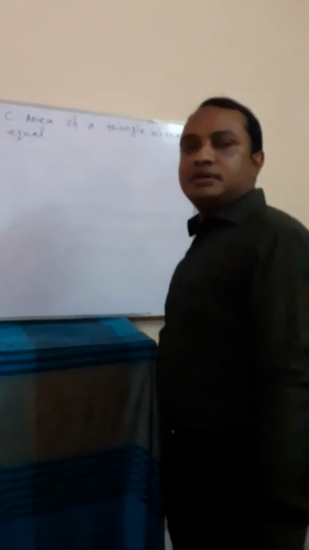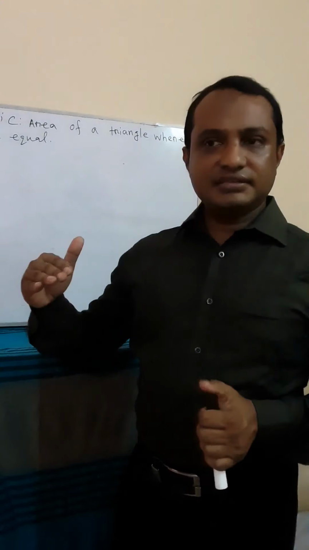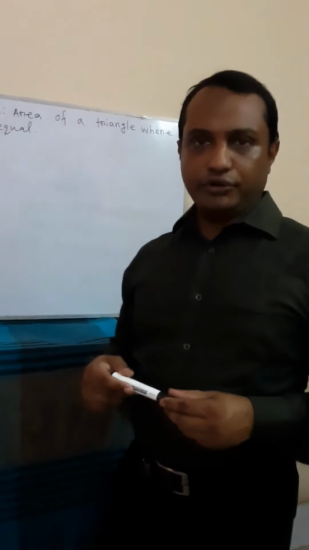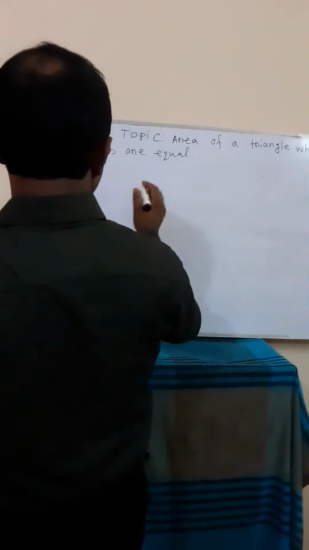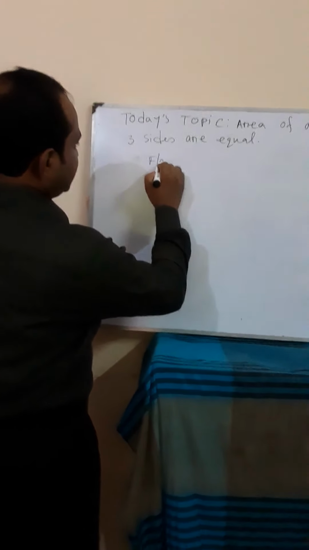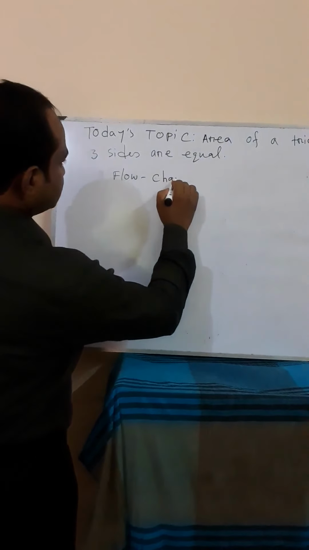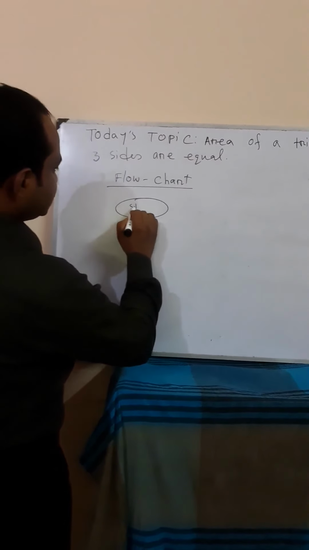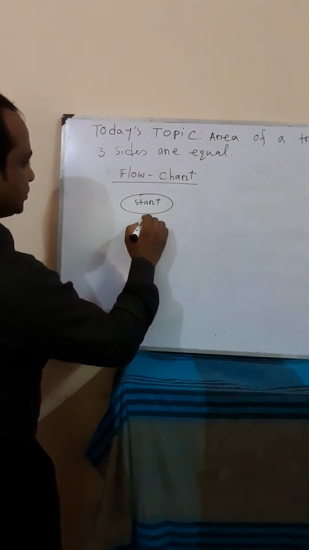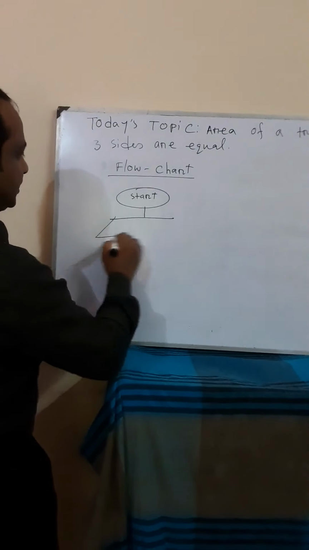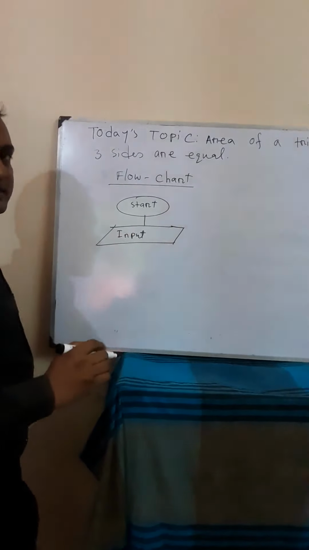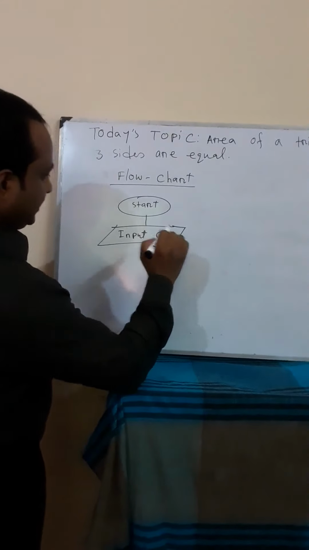At first we will do our flowchart, and then if we write the instructions sequentially, it will be an algorithm. Now the flowchart. Start. This is the starting symbol. You already know it, and the input will be only A, because all sides are the same, A.